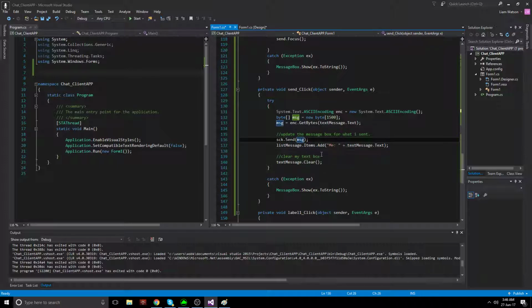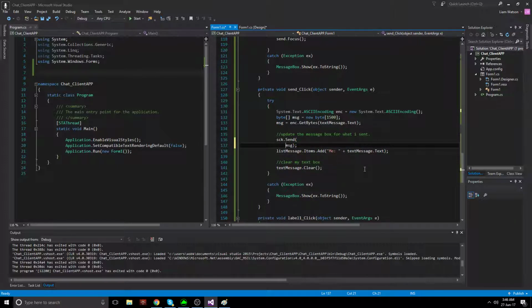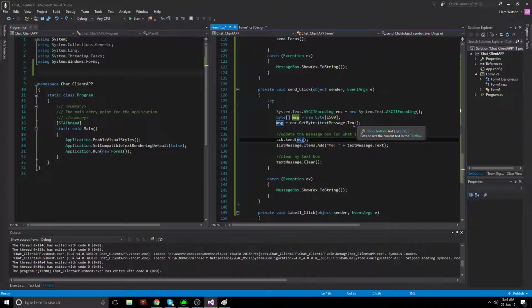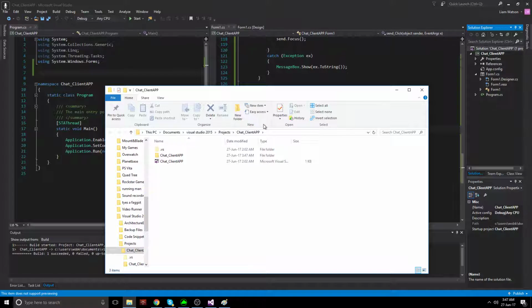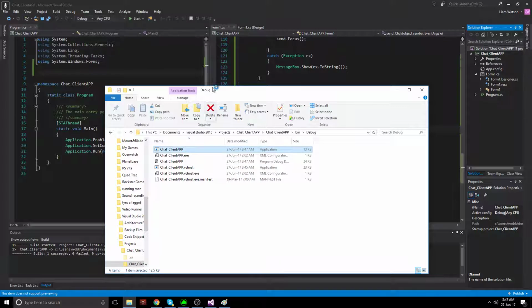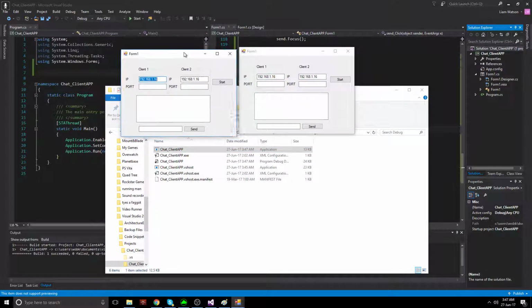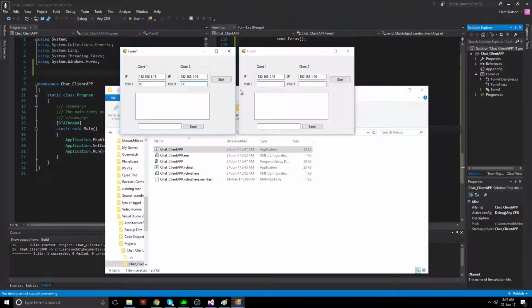So the message is textMessage.text. So what we could do is put it in here. We can go Liam plus textMessage.text. What I'm guessing that will do is when I send a message, it's going to add that to the start of it. So if I build that now, and it works, it's like the easiest fix for sending a name, because I can have a name box in the client. I should set this up to make it easier. So if I go hi,